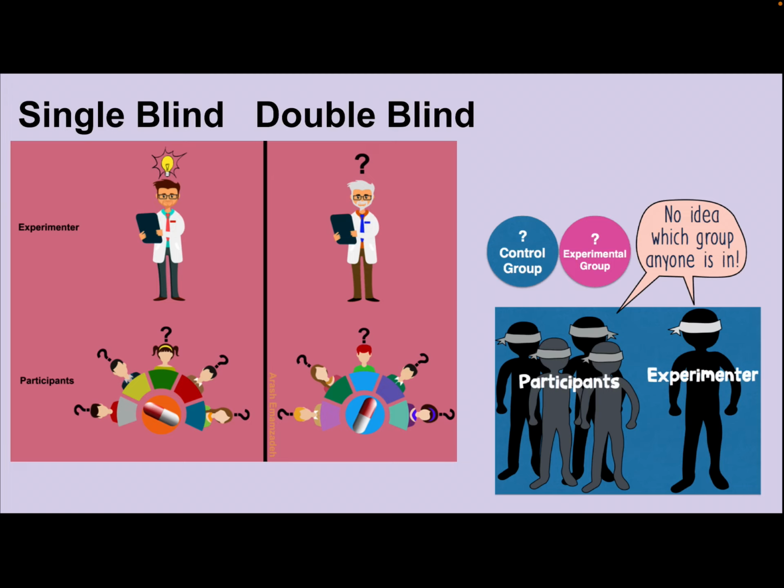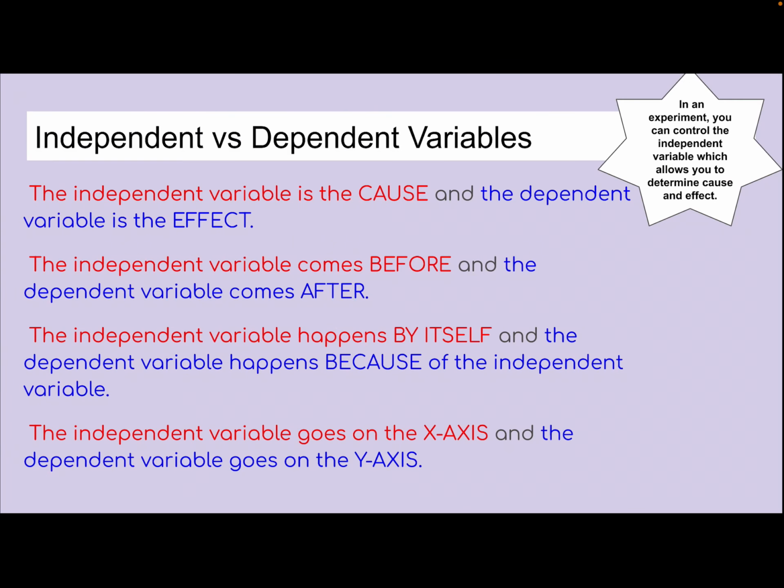So when it's peer-reviewed, what that means is that other researchers in the field, other scientists in the field, have read it before it was published and reviewed it. They are saying, does it make sense? Is it well written? Are there variables defined properly? Is their experiment set up like a true experiment? And peer review also ensures that the research is described clearly enough that other scientists could replicate it, right?